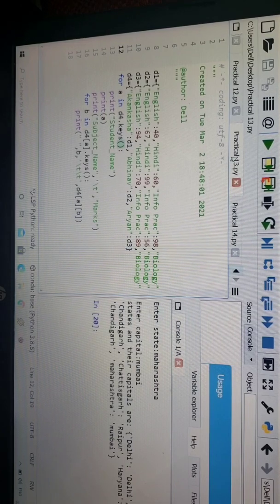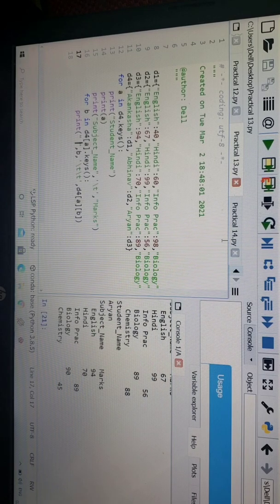Okay, then I'm using the keys method, that for A in D4.keys(), what it should print, it should first print the student name, then after that it should print its value, whatever the subject name is, that will be printed. Then in that, second loop also I'm using, for B in D4[A]. In A, whatever the value is given, that you have to mention, that is their marks. So it will give you the result in a particular format.